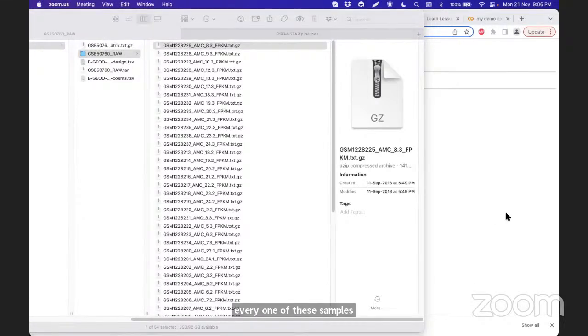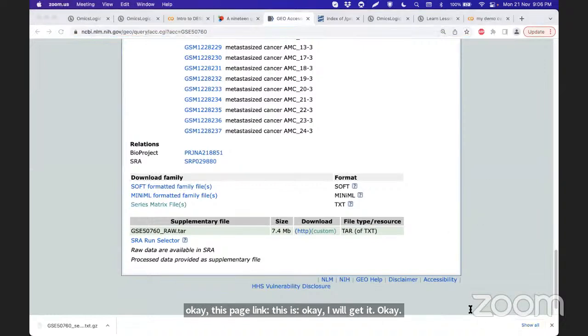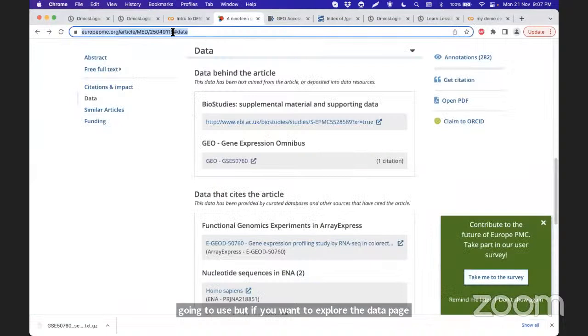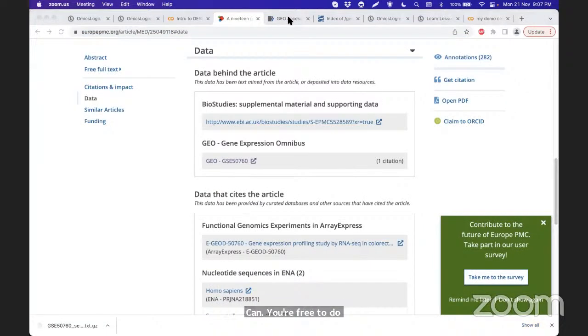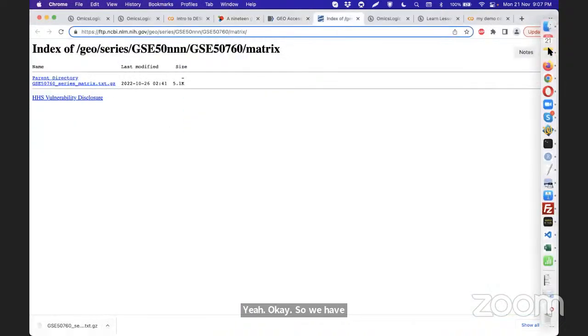Okay, this page link, I will get it. Okay, it's here. You don't have to download this now, because I have done the download and I have uploaded the file in GitHub or in a shareable link. So that's what we are going to use. But if you want to explore the data page, and this is the publication, you're free to do so here. Okay, so I have downloaded this file. Let's go to the file